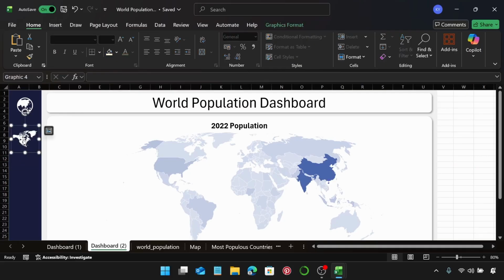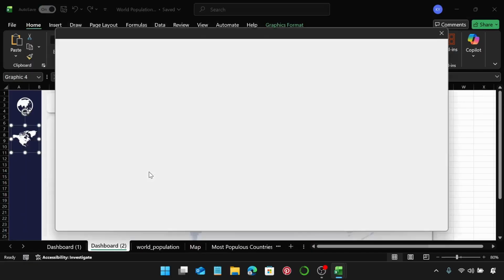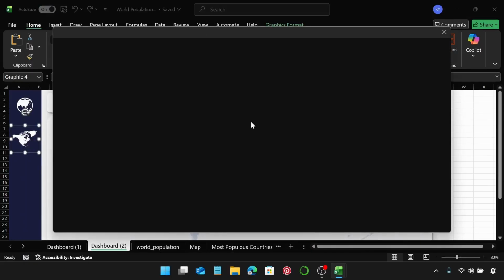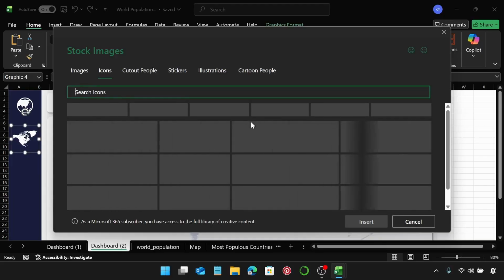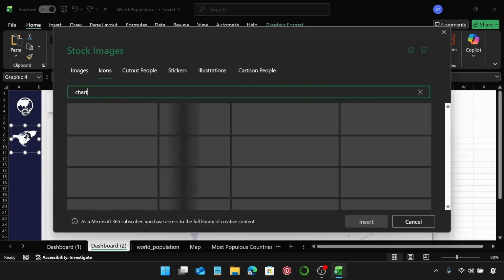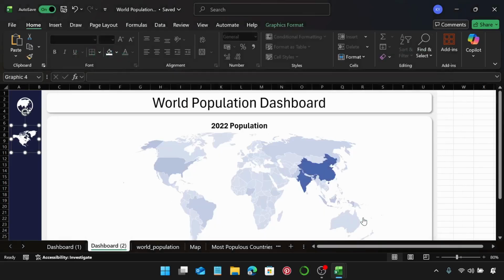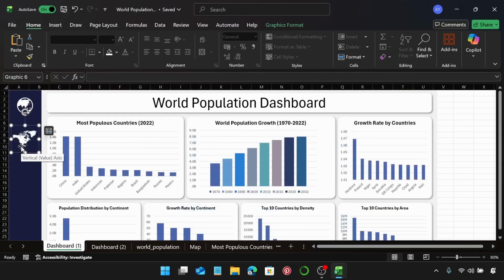Now select this icon, right click, and we're going to change graphic, and this is going to be from icons, and give this a little time to load. And what we're going to search for this time is just going to be charts, and I'm going to select this option, and we're going to insert this, and it's going to change. So now what we're going to do is link the two dashboards together so that whenever you click on either of these icons, it's going to switch